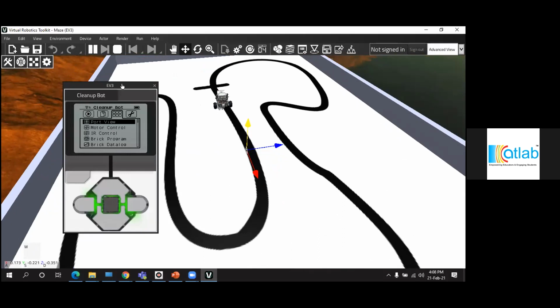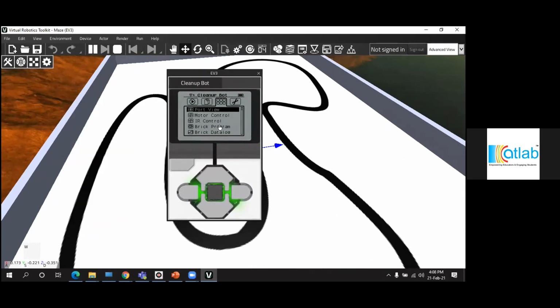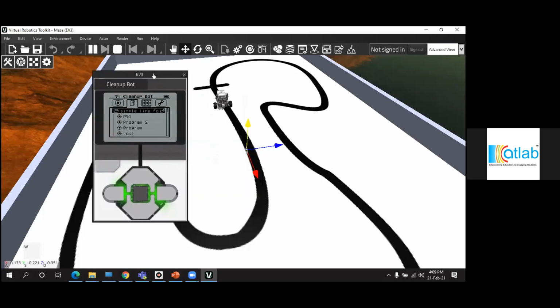Whatever program you download, all the programs will come to the second section. Am I right? So move on to the second section, enter into the folder, and here is our program 2. And then I'm going to run the program now.